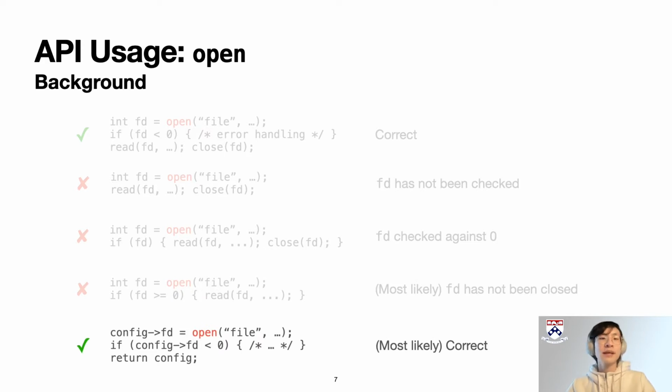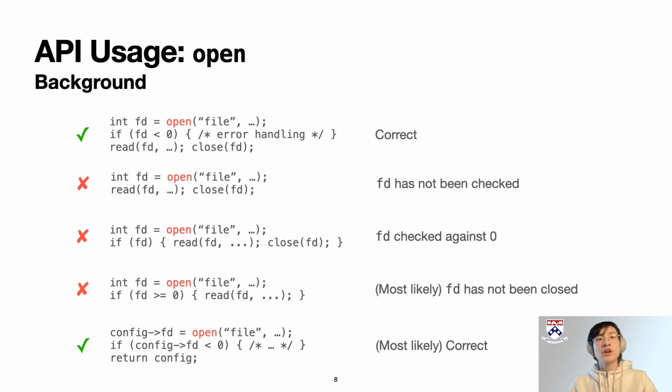What could further complicate this API is this last example. Now the result of open is being stored into a config struct. After a correct error handling, the config struct is being returned, and the ownership of FD is being passed to a parent context. Although there's no call to function close, this could pretty much be a correct usage as we can expect the caller to close this file descriptor. I hope you see that there are many ways in which the API usage could be correct or incorrect, and sometimes even in between. They all contain subtle details that differentiate one from another.